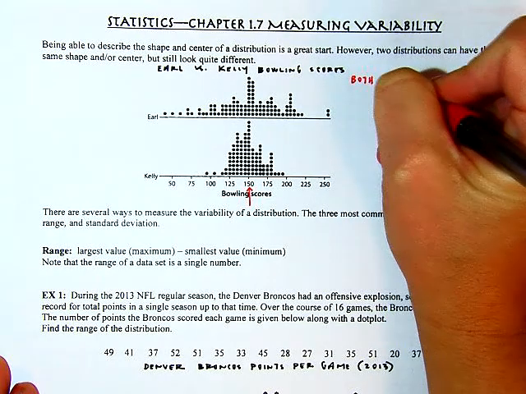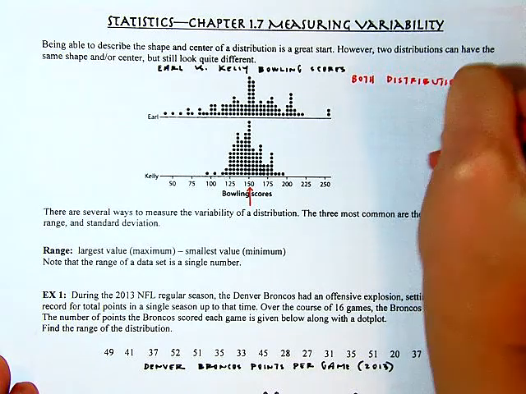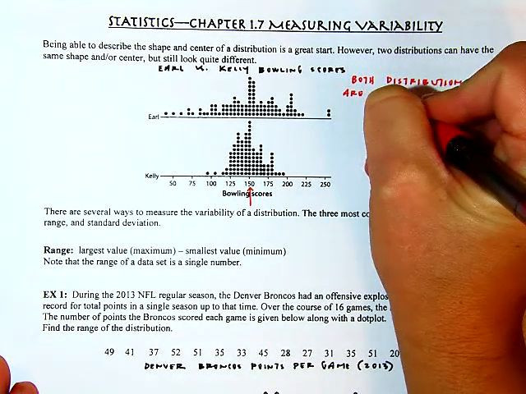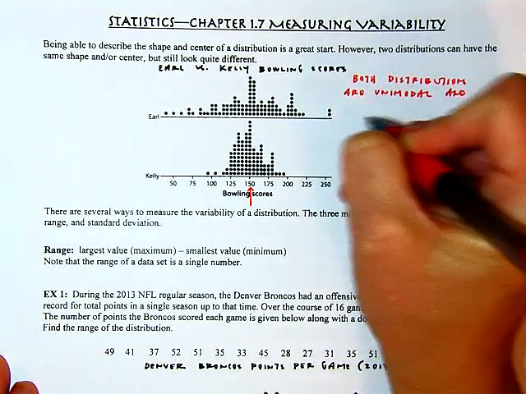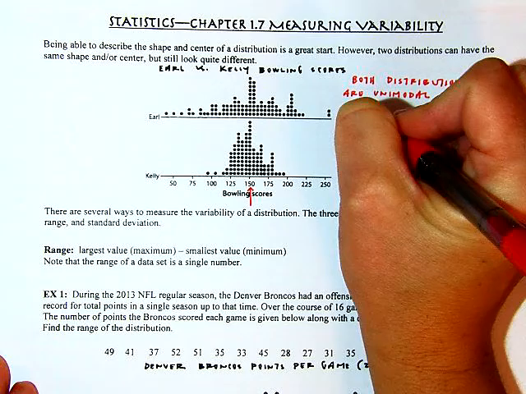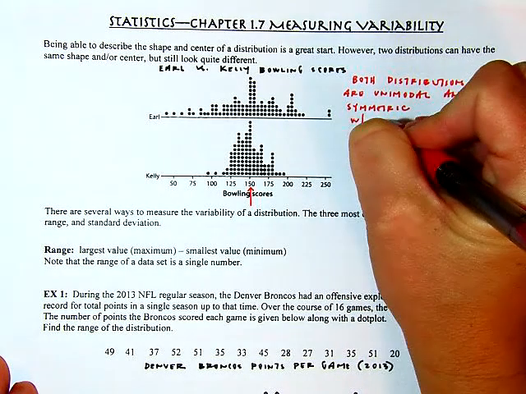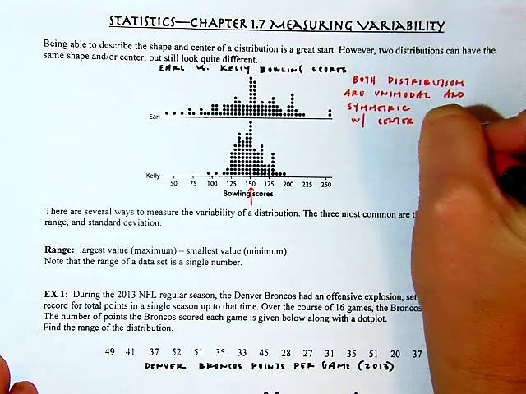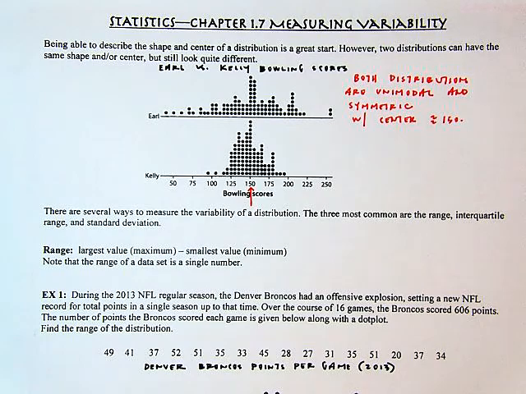So both distributions are unimodal, and symmetric, roughly symmetric, with the center approximately 150. Okay. But then when we're looking at their variability, when we're looking at their spread, we can see